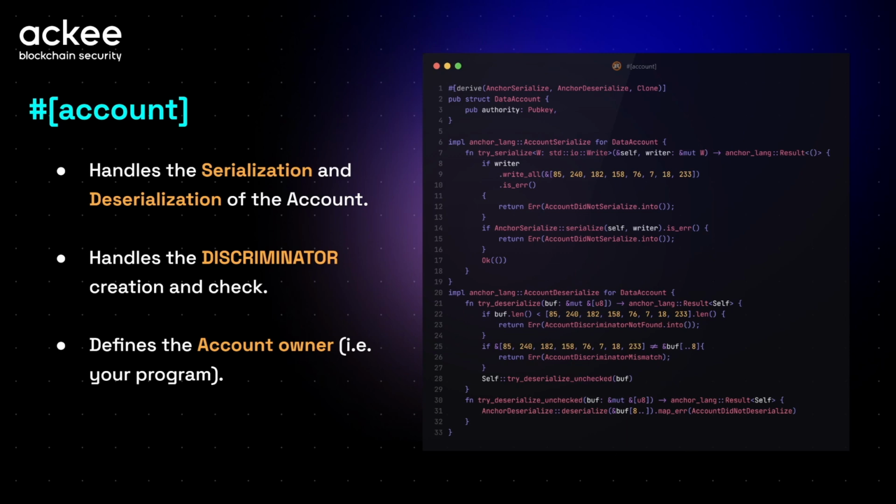Writing your Solana programs, you may already have experienced this. When you are initializing a new data account, it's common practice to specify the size of the account as something like 8 plus some length. Actually, this 8 is for the discriminator. So Anchor will automatically store within the data account, in the first 8 bytes, this discriminator, in order to uniquely distinguish between data accounts.